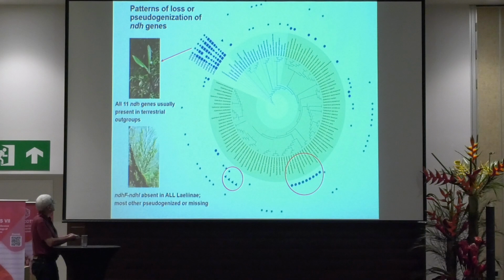Here we mapped, or we are showing, the presence, absence, or reduction of the NDH gene family. We use members of other subtribes and tribes as outgroups. And please notice that in all of the outgroups, the whole family of 11 NDH genes is present. But within Laelia, which starts here with the blue color, and in Epidendrum, there are large losses of this family